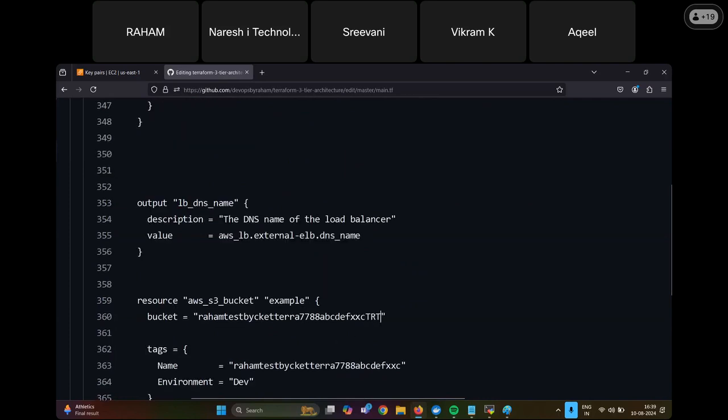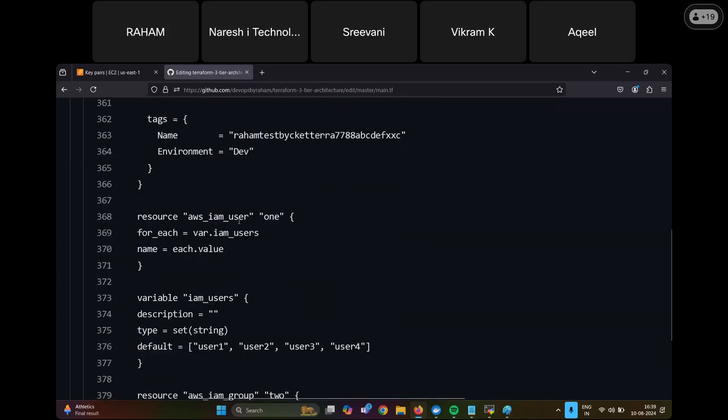So I'm just creating some random bucket name here. After that, I'm creating IAM users. How many IAM users am I creating? 4. IAM usernames I'm giving like this: